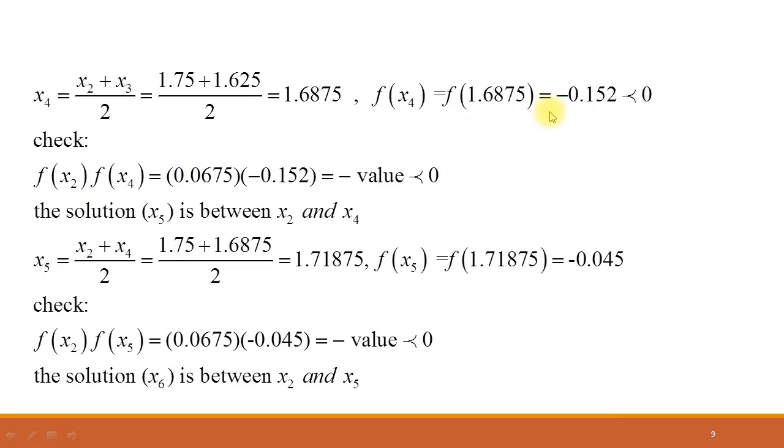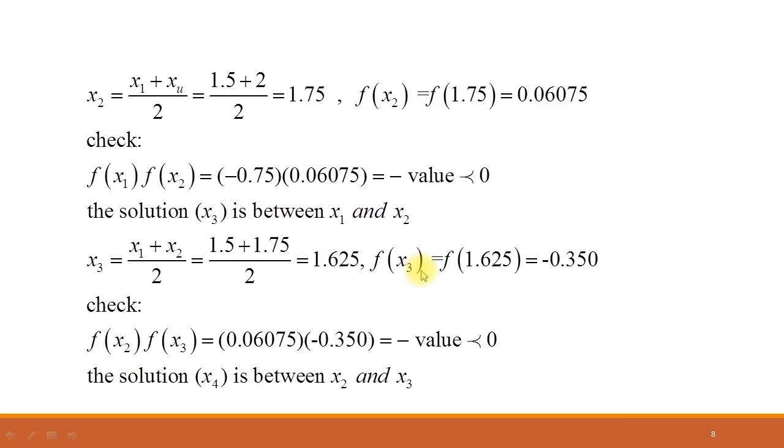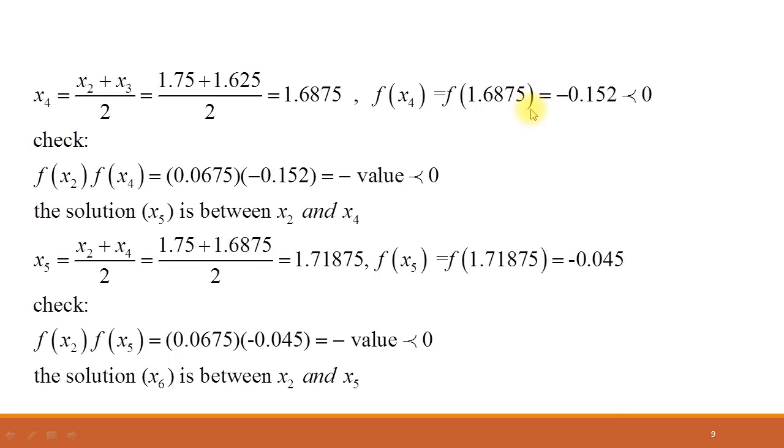So at x4 the function is negative, at x3 the function is negative, and at x2 the function is positive. It means that the function has opposite signs at x2 and x4. So for x5 it is clear that x5 lies between x2 and x4 because the function has opposite signs at x2 and x4. So dear students, it is a very important point to note that for x5,